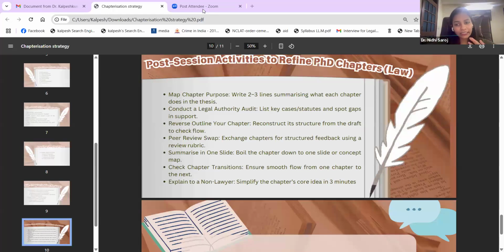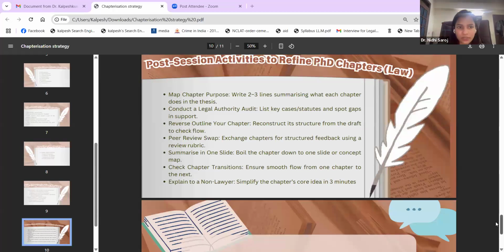So, once you do that, then may I know whether you are doing an empirical research or a doctrinal research? Empirical, ma'am. I was suggested to do empirical only. So if you are doing an empirical, because you are going to focus on one district, first of all, research question and research objective again should be aligned. And then because you're going to do empirical research, I suggest you to have a hypothesis. So your first chapter should deal with, first of all, why you chose this topic. And this would come under the heading of background, where you have to highlight that yes, this is a problem, and you have to use existing literature for this.